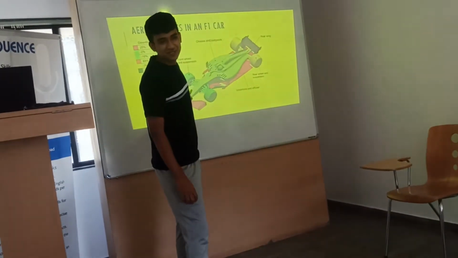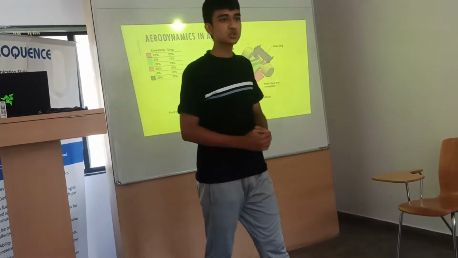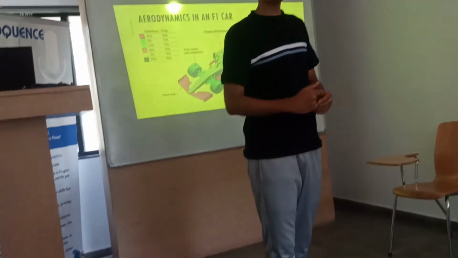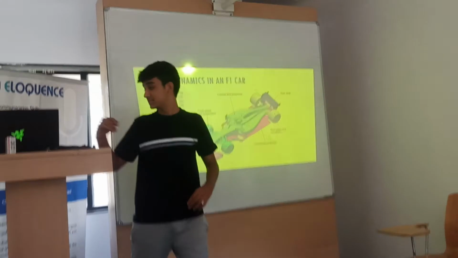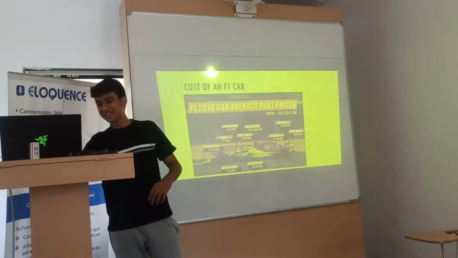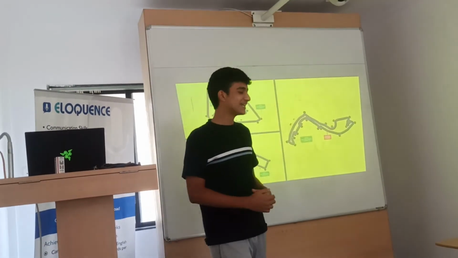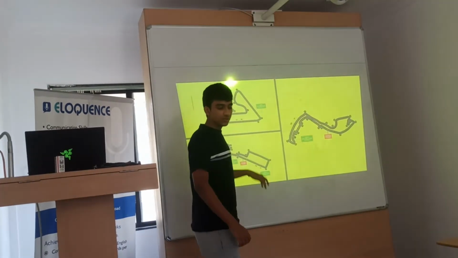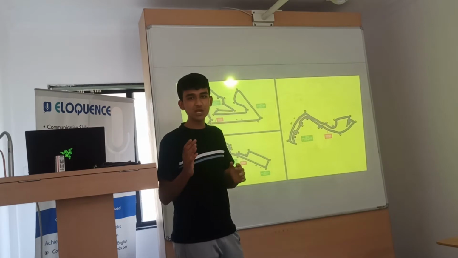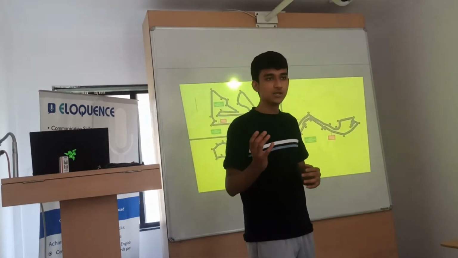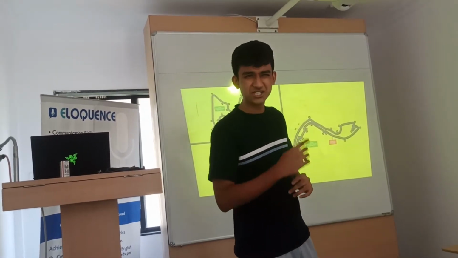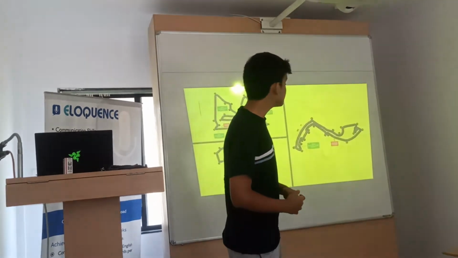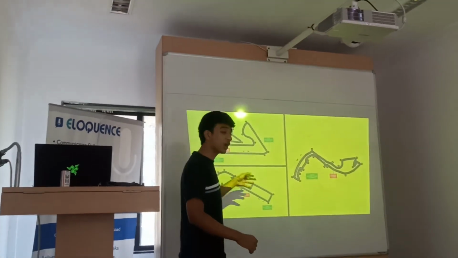How does the DRS work? Okay. So now we've talked enough about the technical aspects of this car. Racing also has to be fun. Now at certain times when we are going across the straights, let me show you. That is DRS. Yeah, that's a little more complicated. When you are going through a straight, sometimes the top speeds of cars are so similar it becomes hard to overtake. So a new system was introduced in 2010 or 11, I suppose. It was known as DRS, the drag reduction system.